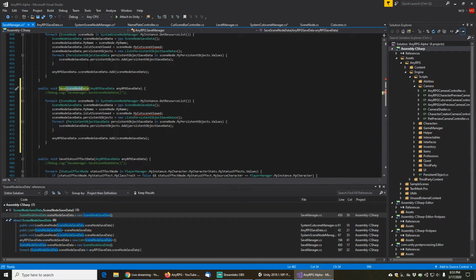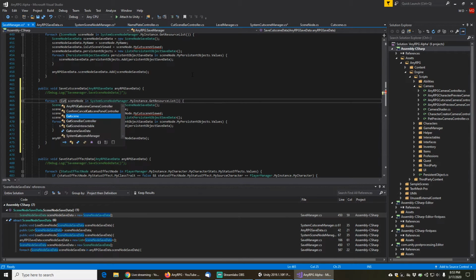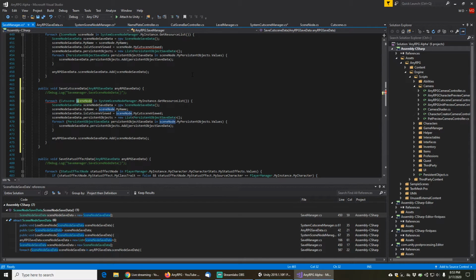So instead of scene node, that'll say save cutscene data. And for each cutscene in system cutscene manager